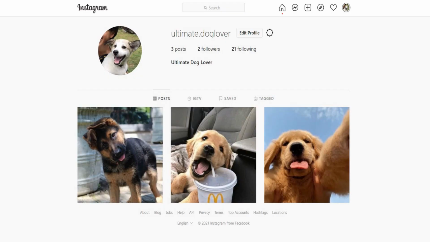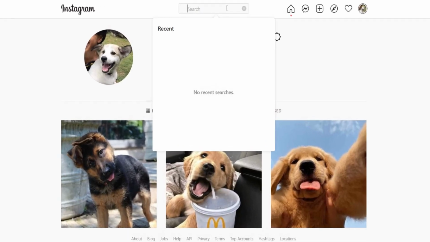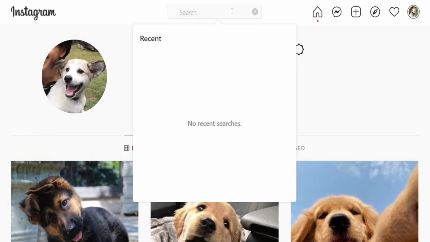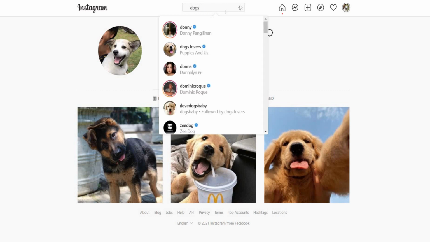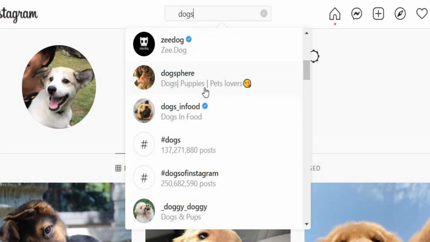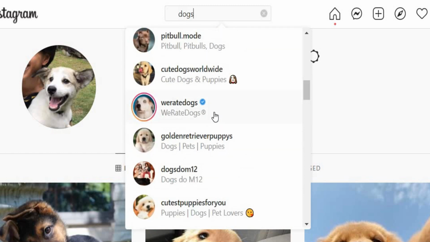The third step is just search for your topic. If you're in business news, search for business. If you're in basketball, search for basketball. If you're in memes, search for memes. In my example, I'll look for animals, or dogs to be precise, which will bring up millions of results. You may view all of those great posts about dogs. Once you've found your area, just keep it like that for a while.